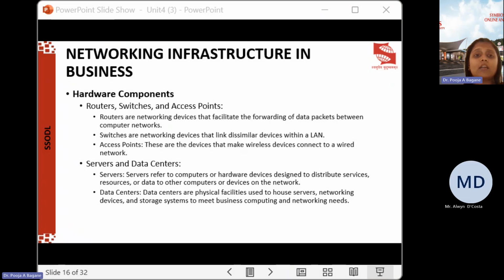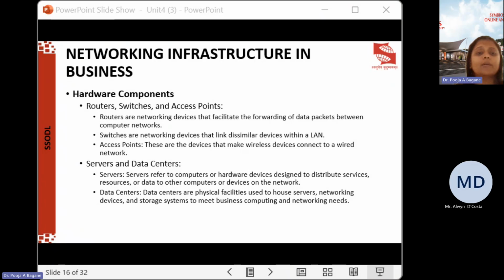Switches. Switches are networking devices that link dissimilar devices within a LAN. They make communication between the devices feasible by forwarding the data frames based on the source MAC address of the frame. Accessing the destination port is made possible with the assistance of a switching table, and hence it allows efficient and quick access of the data frames, alleviating congestion in the local network.